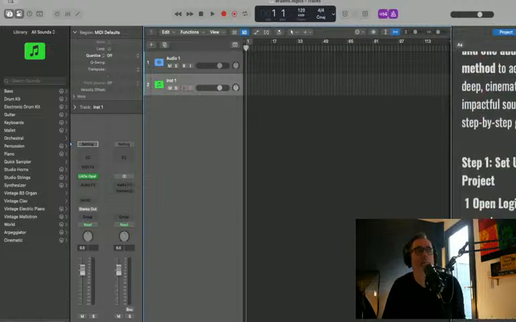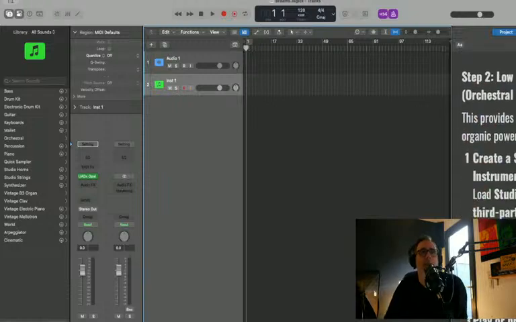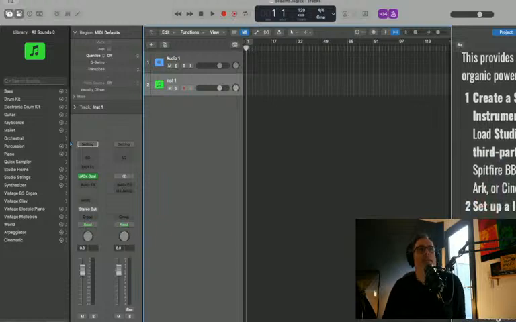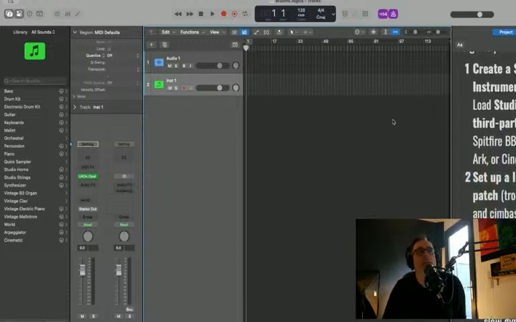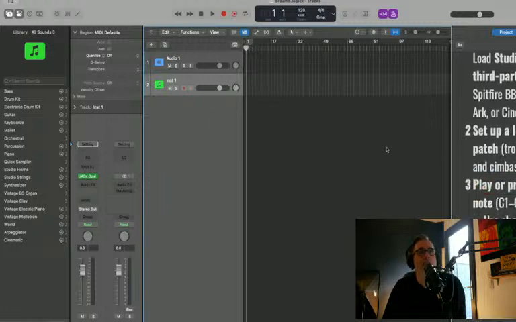Brahms. So we got our project all set up. So low brass layer, orchestral punch. So we're going to use a third-party Spitfire Symphony. That's what I'm going to use today, and a low brass patch. So with trombones, tubas, and